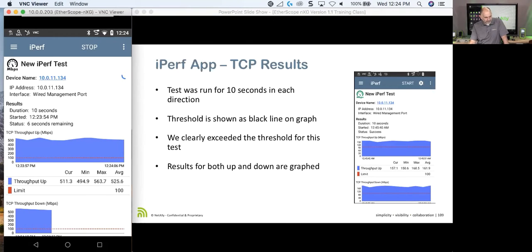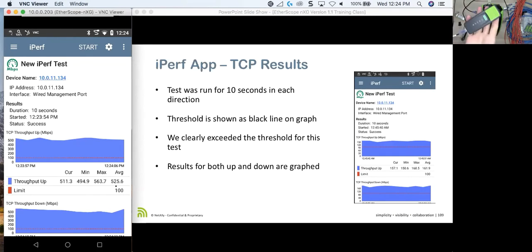So what we see on here is our line right there is our limit. You can see that we were clearly above the limit. Our limit was set at 100. Our average throughput here was 525 megabits per second. Honestly, that's about the best I'm going to get out of the test accessory. So we'll see that if I talk to a different server, then I may be able to get more than 525. Keep in mind, our test accessory is running on a Linux box that's fitting into a device this size,